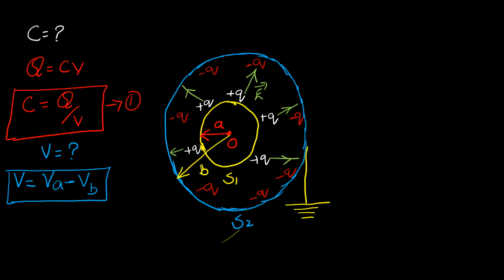So now let us calculate potential VA. What is the potential at the capacitor at sphere S1? We can easily calculate this, and it will be equal to the potential created by this sphere minus the potential at this surface S2 because of this sphere. So the potential created by VA will be equal to,